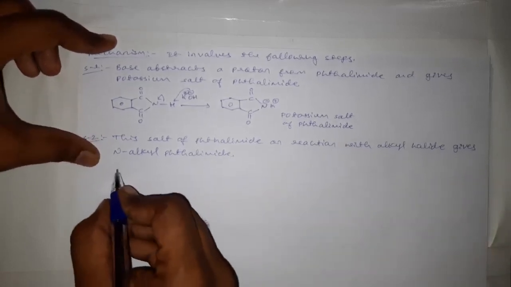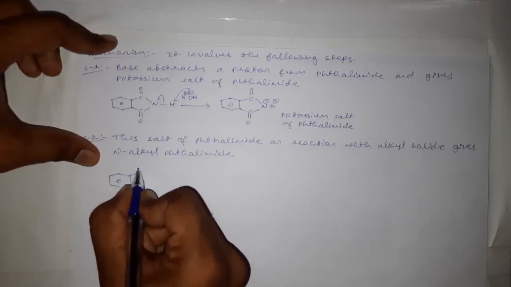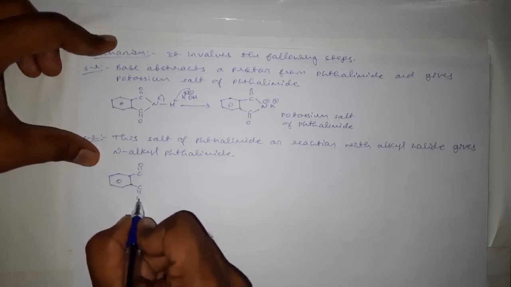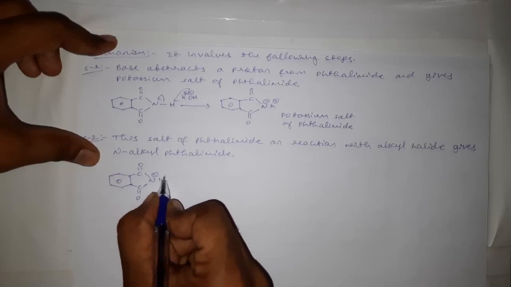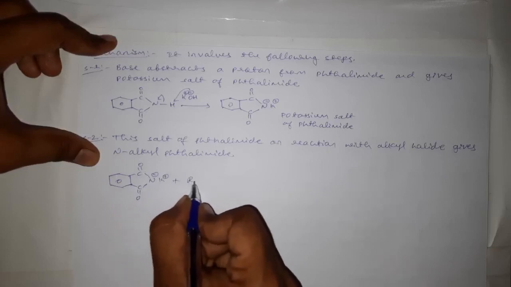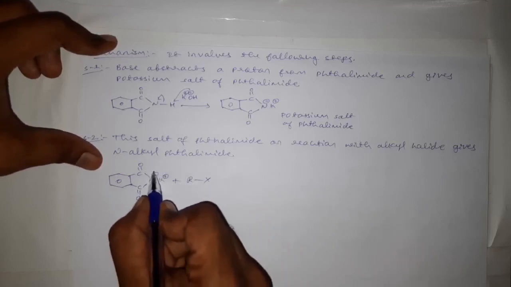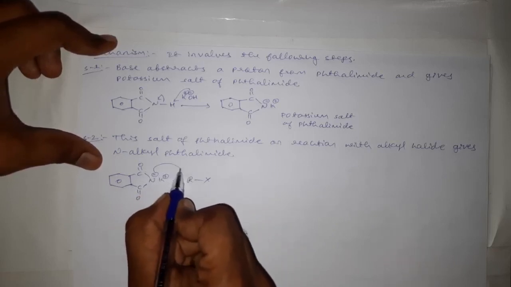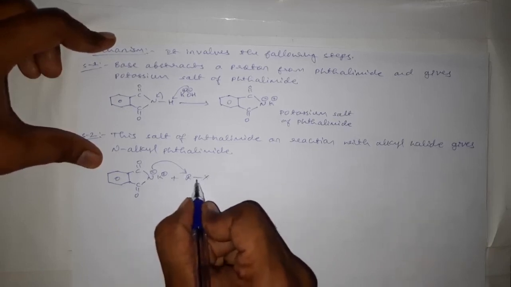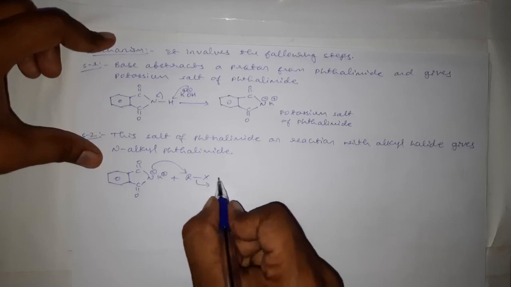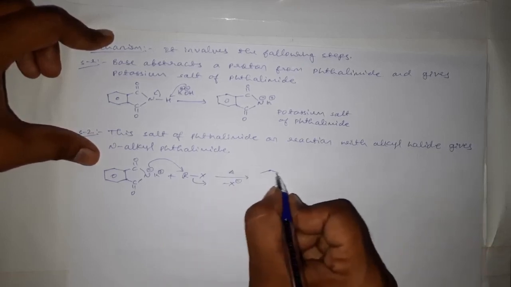See this salt will now react with the alkyl halide RX, and this negatively charged nitrogen will now attack on this alkyl group, and this halide will go with a bonded pair of electrons as X minus on heating, and here we will get